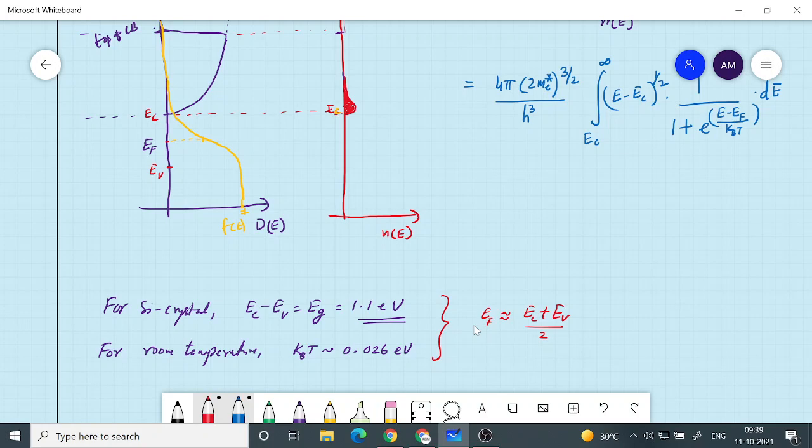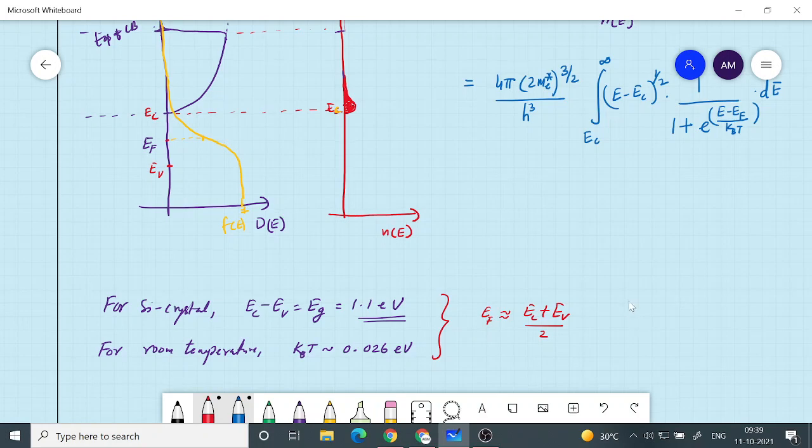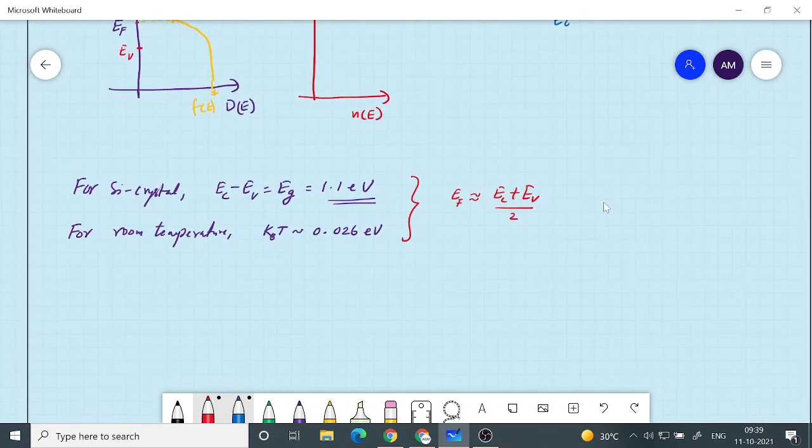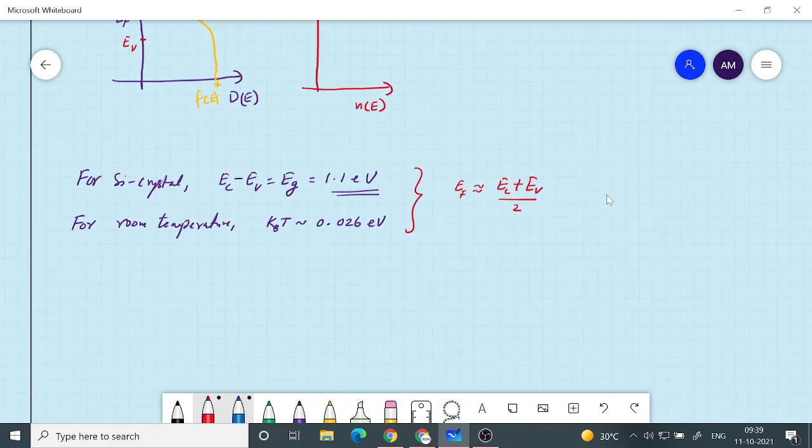So if I take the origin for energy as EV, then EF is basically EC by 2. So the point is that EF, which is in the middle, EC plus EV by 2,